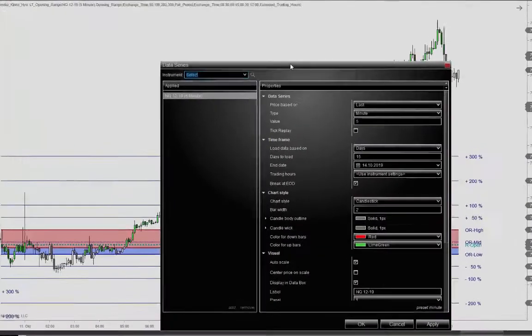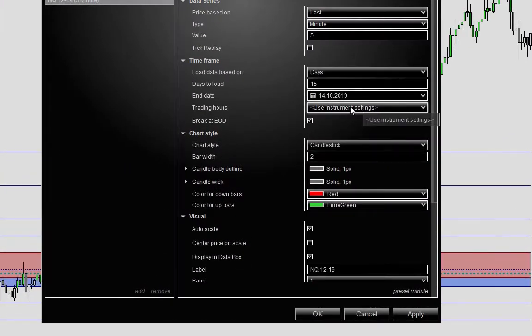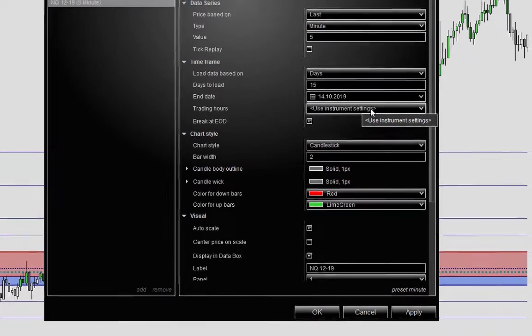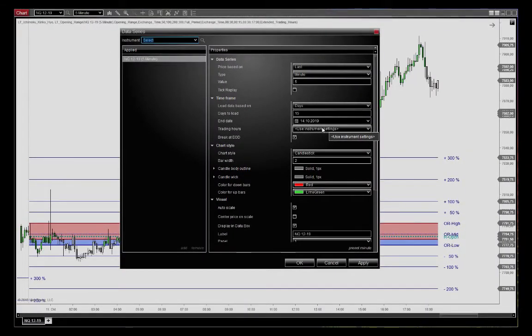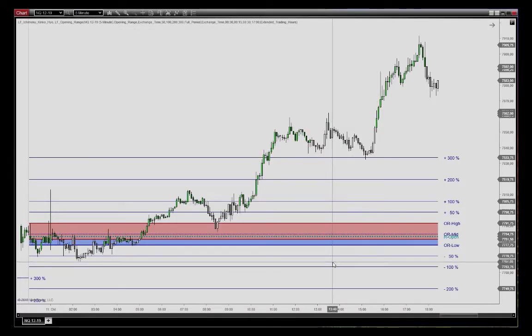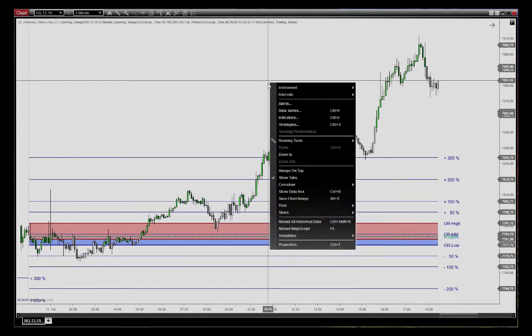instrument default settings. So that's the session template that you should use. Use instrument settings, and then you will have the correct open and close times of the session, which is of course important if we're talking about the opening range. We'll have a look here now at